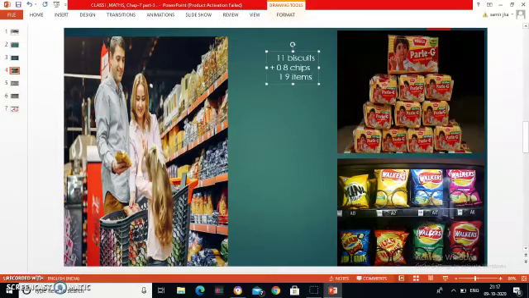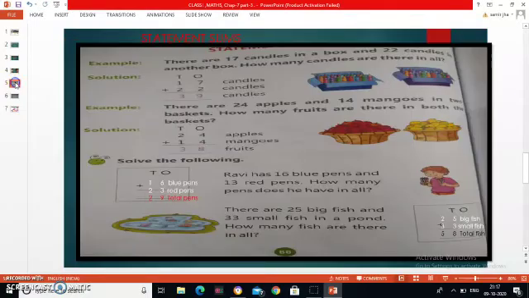Yes, so what did we do here? We framed a statement, then we calculated or added these things together. Now the same thing we are going to do in our textbook also. So students, these questions are not new for you. You do these things at home with your friends. Whenever you buy something, whenever you want to share something with your friends, you frame these kinds of statements. The only thing is that now we are doing these kinds of sums in our textbook. So let's start. These kinds of sums are known as statement sums.